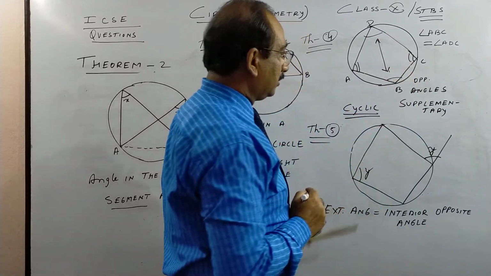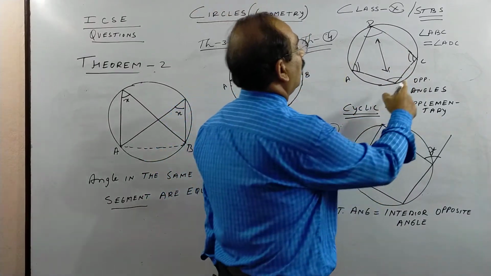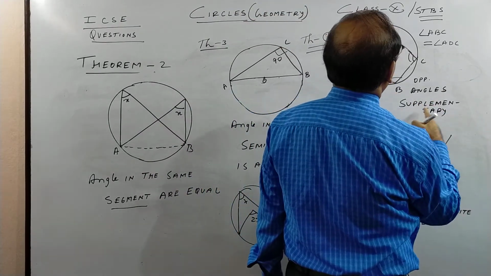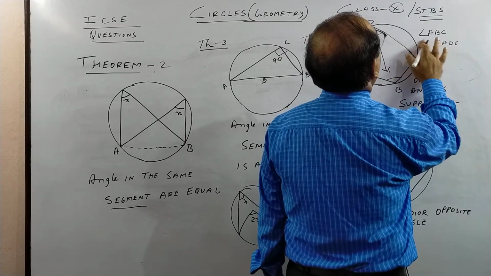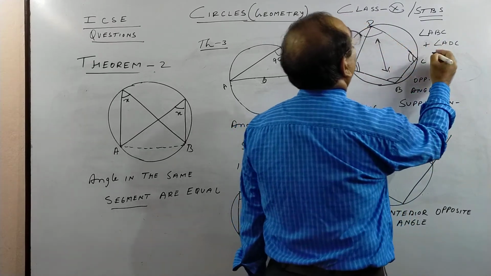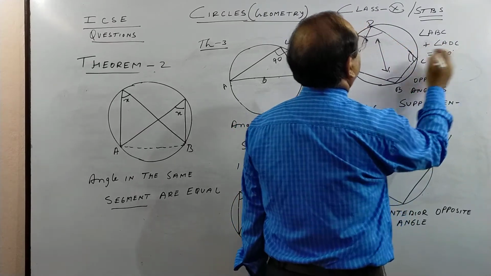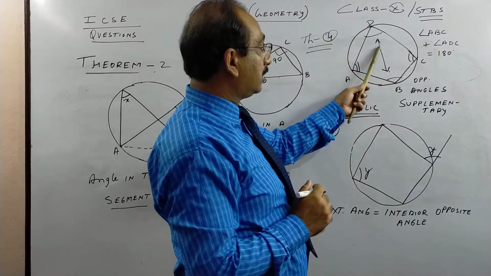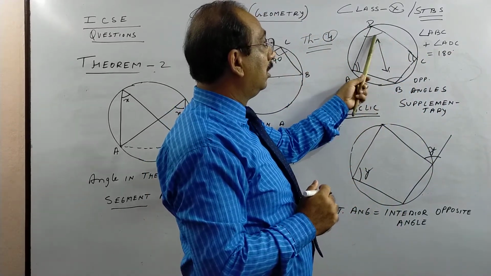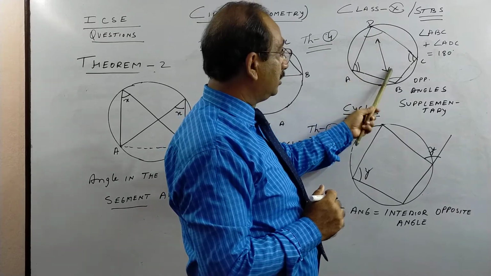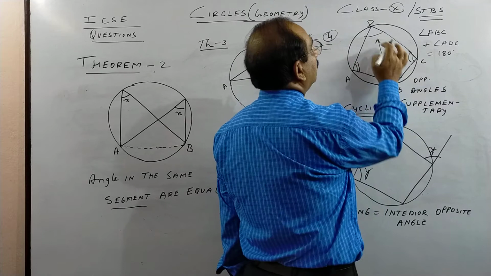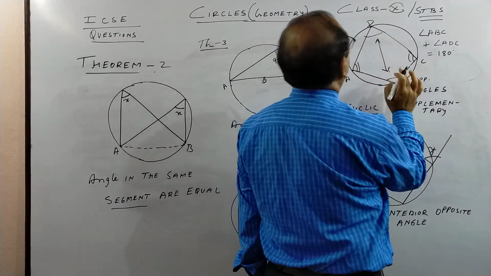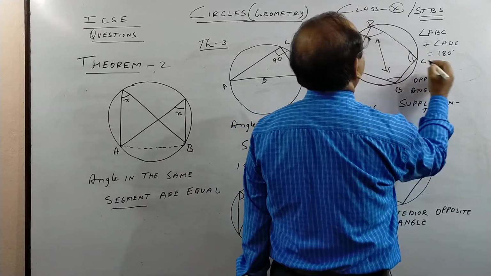So in a cyclic quadrilateral, what happens? Opposite angles are supplementary, means they are not equal. When you add them, children, you will get 180 degrees. Supplementary angles means the sum of 2 angles is 180 degrees. So these 2 are not equal, remember. These 2 are supplementary. Next thing, if you see the other 2 angles, children,